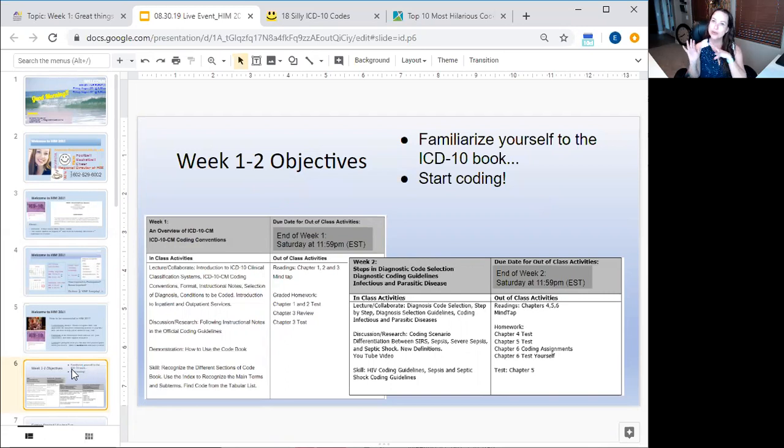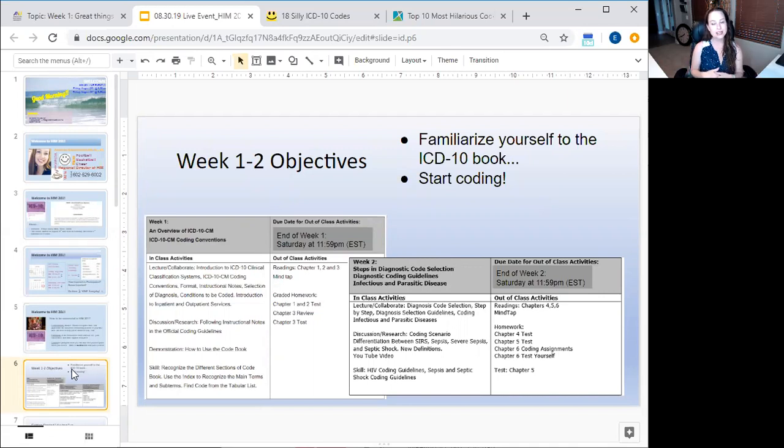Okay, so our week 1 and 2 objectives, this is a snippet from our class syllabus, and I've pulled out the different types of things that we're doing again as we start this course. So week 1, largely familiarizing ourselves with ICD-10, and that's what we're going to talk about in this morning's lecture. Week 2 is where we really start getting into it, where we're identifying maybe different systems, coding conventions. Specifically, I think we have listed on here as the skill HIV coding guidelines, sepsis and septic shock. So it's actually getting into the coding next week.